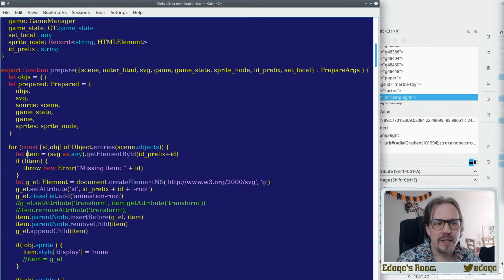So the first thing we do is we get the element from the SVG file that we loaded, and you'll notice it's an ID prefix plus an ID, and this is the tricky part. I can get back to that in another show. Let's just pretend this is the lamp here, and we're going to find an item called lamp. If I don't get an item I call the lamp, it means the game has been compiled wrong, something broke, an asset is wrong, and it's actually going to hide the entire scene from the user,